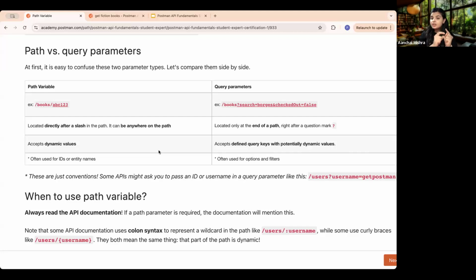So we have defined query keys, right? So the key remains the same, and then we can have dynamic values, right? So it could change to one book and then another book and another book. But yes, there is a defined query key which is already linked to that, which is basically linked to that value section. Okay. Now,